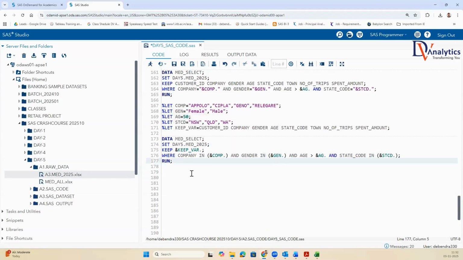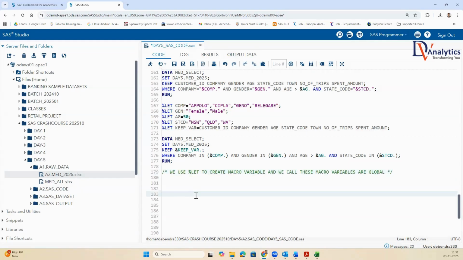How do we go about using percent let, right? We use percent let to create macro variables, and we call these macro variables global. Why is it called global? Because these variables can be called in this program, or they can also be called in another program. So it is going to be applicable. These are the macro variables you can call anywhere you want. We can